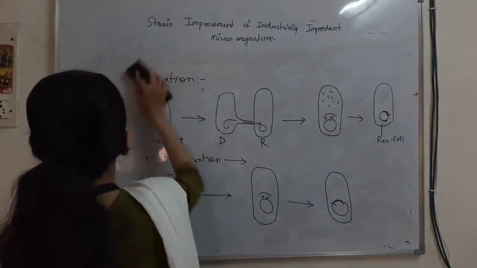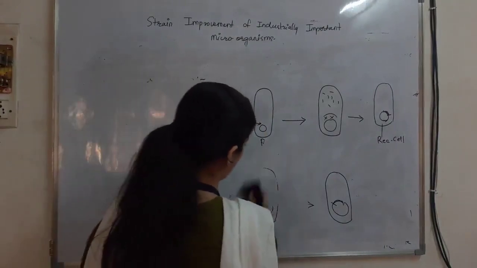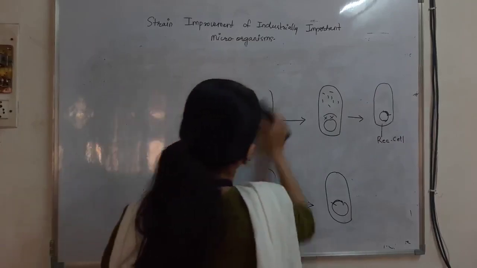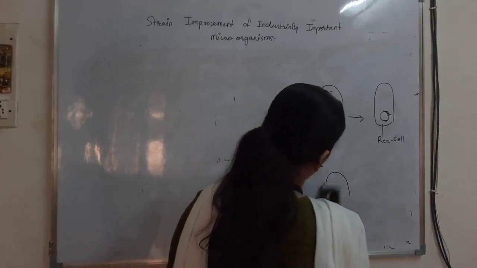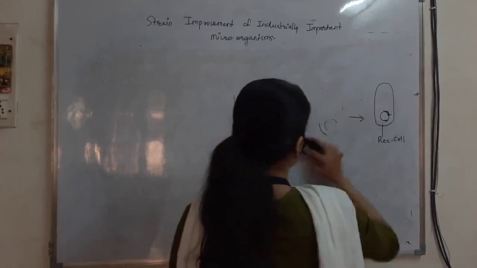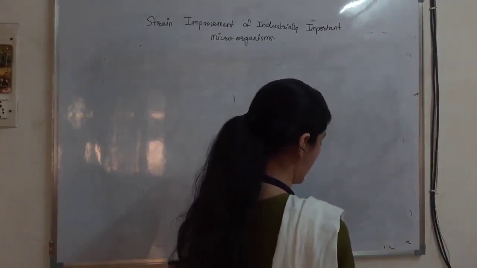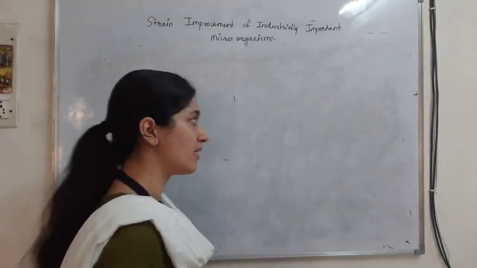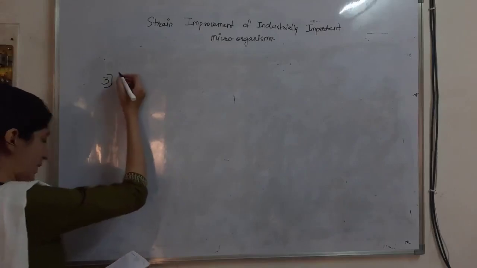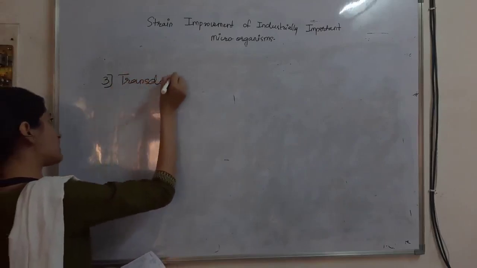Third is genetic recombination by transduction. For transduction, there is involvement of bacteriophages. Bacteriophages are those organisms which infect a bacterial cell. Third is by transduction. In transduction,